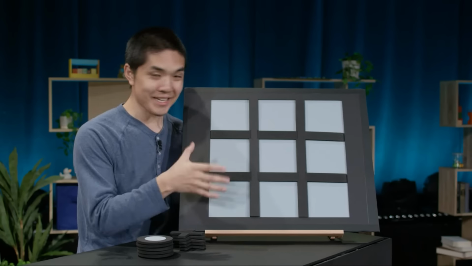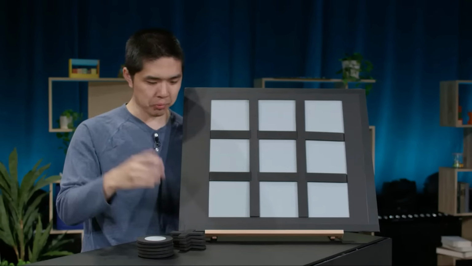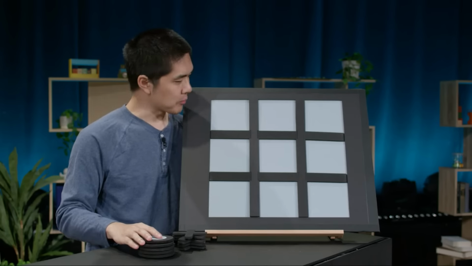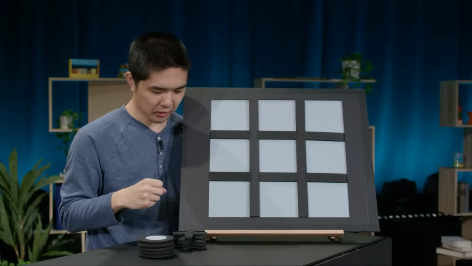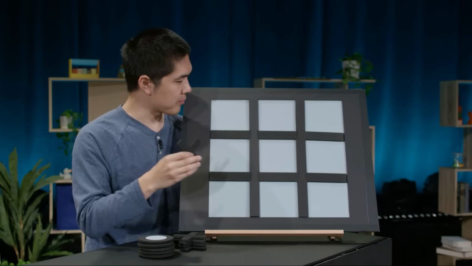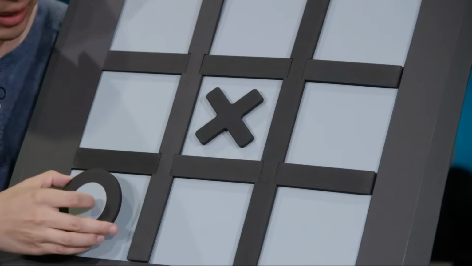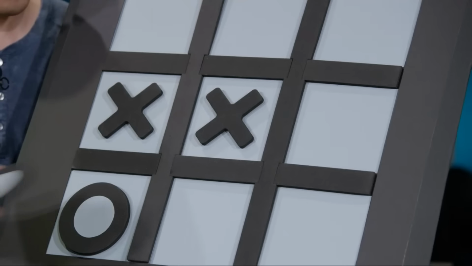So I have here a tic-tac-toe board. Tic-tac-toe is played on this 3x3 grid, and there are two players. There's the X player, and there's the O player. And the players take turns placing X's and O's on any of these empty squares in the grid. So X, for example, might go first and place the X in the middle here, and then O can take any one of the remaining empty squares, and then X might take another empty square, and then O might take another one too.